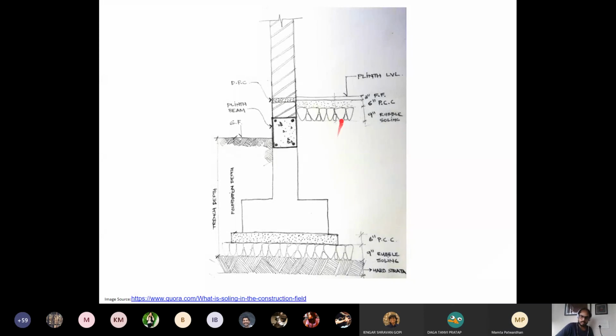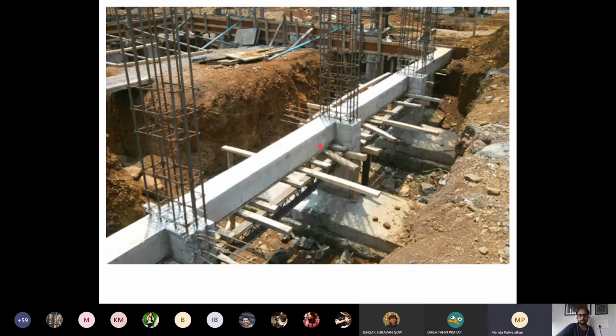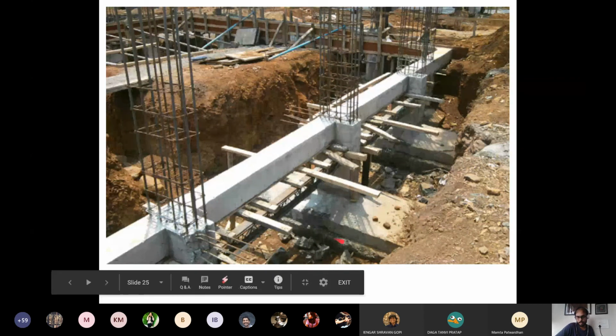We are going to discuss the plinth and the construction of plinth in detail, and understand the relationship of the ground and the plinth together. We'll do that as a separate lecture. Here we have a plinth beam, as you can see, which is connected to a column. The column footing is a spread footing. You can see over here a PCC kind of bed.